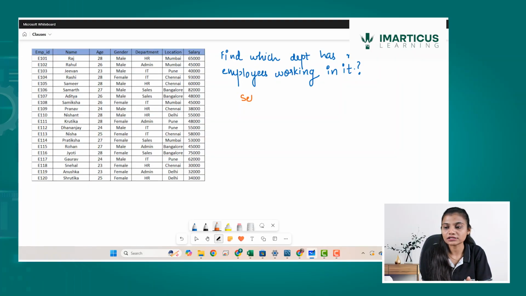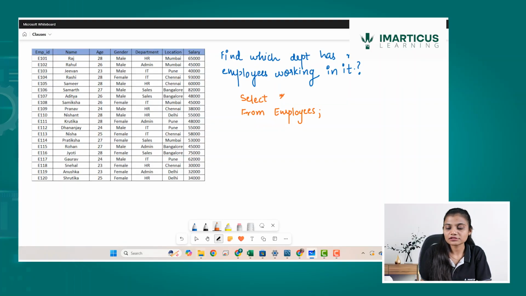Obviously I'm going to write select, because my query always starts with select. If I write star from employees as my table name, it is going to give me the entire table.